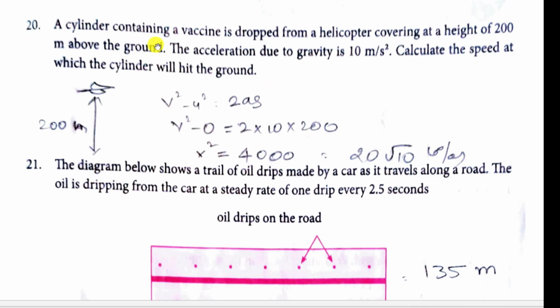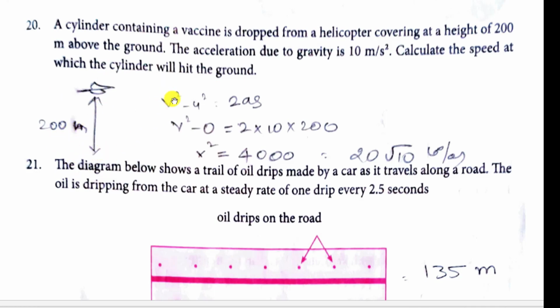Question number 20. A cylinder containing a vaccine is dropped from a helicopter covering a height of 200 meter above the ground. The acceleration due to gravity is 10 meter per second square. Calculate the speed at which the cylinder will hit the ground. Imagine that this is the helicopter and the vaccine will be dropped from the height of 200 meter above the